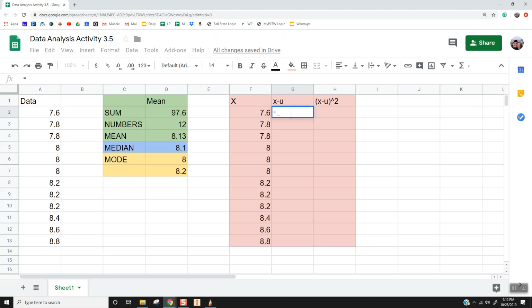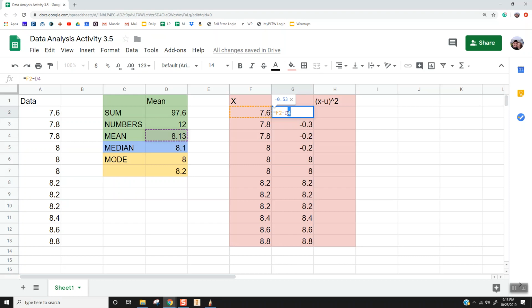Now what I'm going to do is type in my data set, which is the number right next to it, minus my average, or sorry, my mean, and that's going to be that number as well. Now the first couple of these are going to pop out as negative, and that's okay. What you can do though is there's this little square at the bottom right, and you're going to drag that down. And what this does for you is it should,